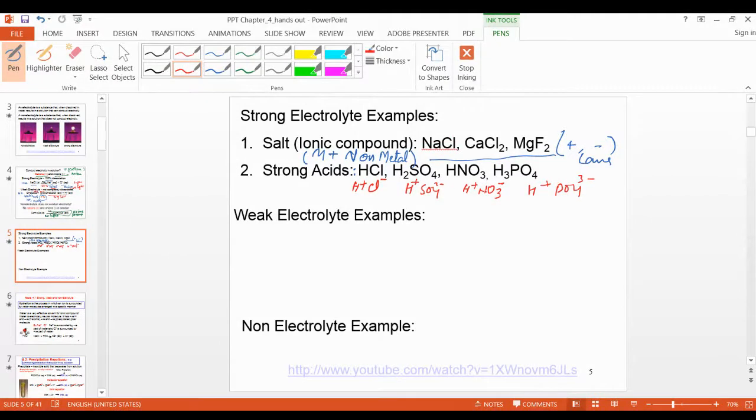Similarly this, but these are not ionic compounds. Ionic compound is only metal and non-metal. These are acids. These are not ionic compounds. Minus, plus, plus, minus, plus, minus, like this. Weak electrolyte,